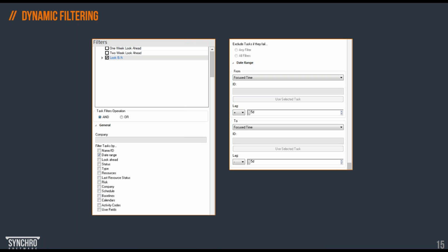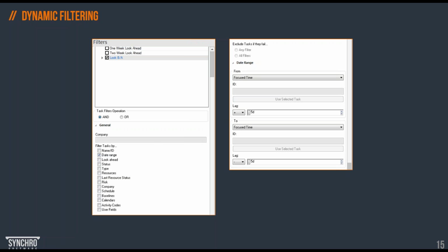We can use a lot of parameters that are coming from 3D and resources, and we can combine those with task filters. We can also change the colors and the color coding itself. The content and the codes and colors will change dynamically depending on what kind of filters are applied.